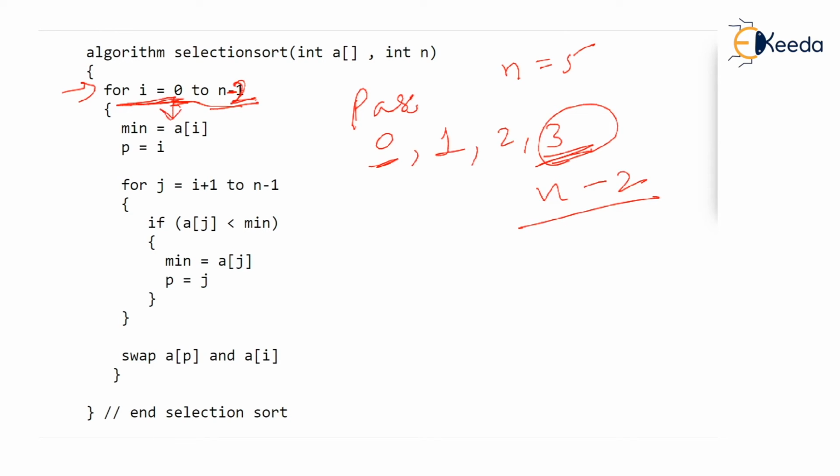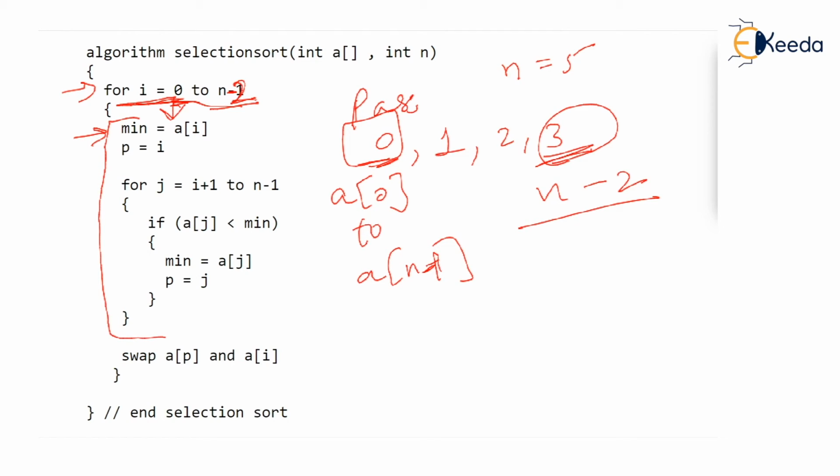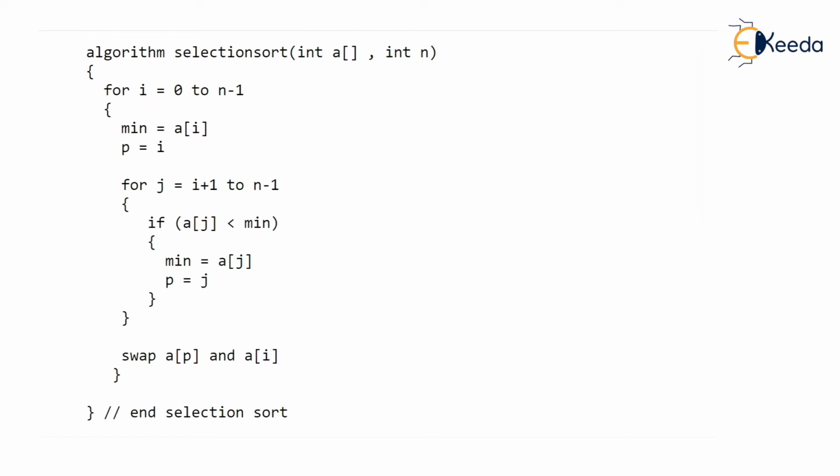When i is 0, that is in pass 0, we will find the minimum from a0 to an minus 1. Are you understanding? How do you find the minimum from ith place to n minus 1 place? We just now saw this. To find the minimum from ith place to n minus 1 place, assume the topmost element is the minimum, assume the position is i, and start j from i plus 1 to n minus 1, and keep asking: is aj less than min? If true, then update the minimum and update the position. So if you have found the minimum, then the last thing pending here is to swap that minimum.